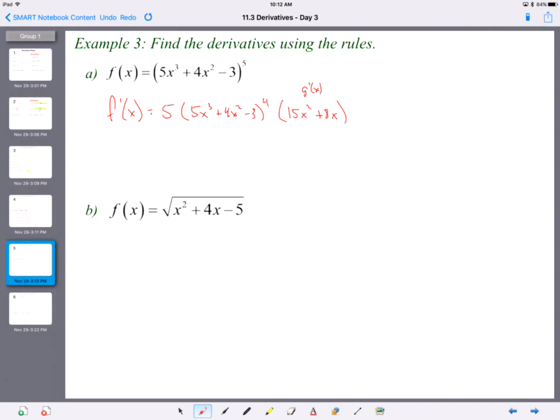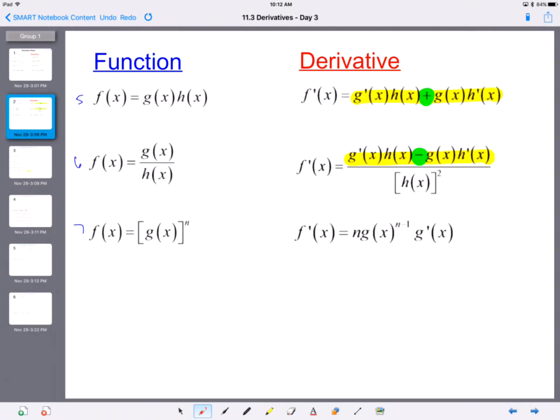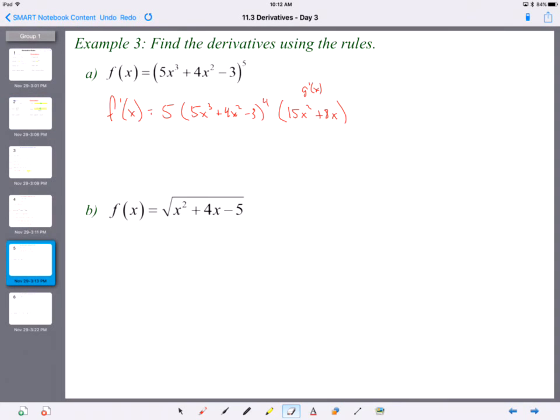So look back here, so that n got moved. So whatever this was got moved to the front, multiplied by the original, subtracted 1, and then this is where we took the derivative of the last part there. And so what do we do with this? Well, there's a little bit you can simplify. You're not going to simplify this being raised to the 4th power, so I'm just going to take this 5